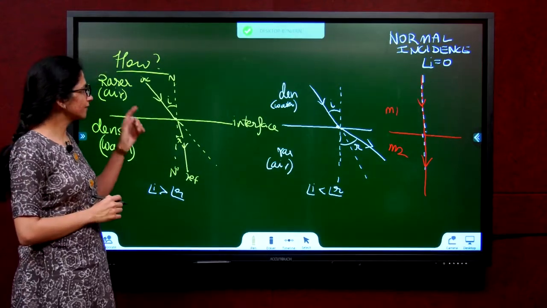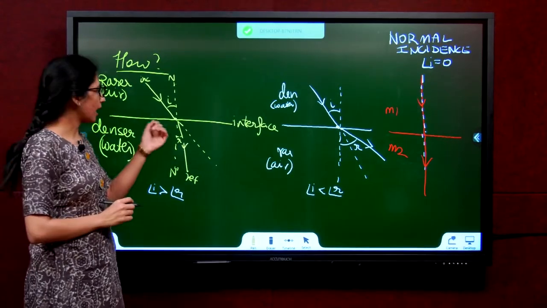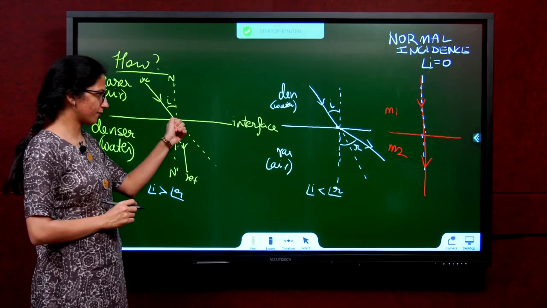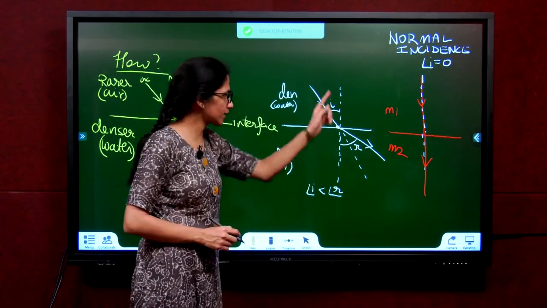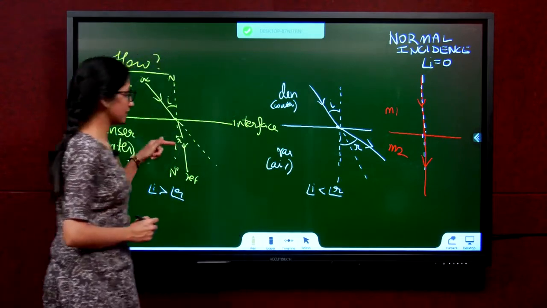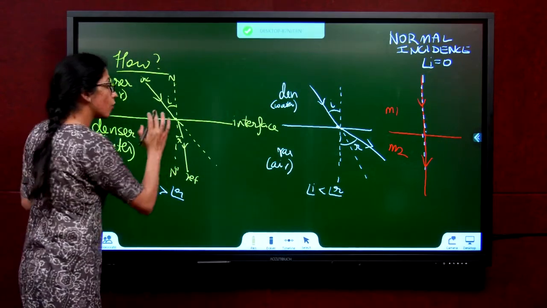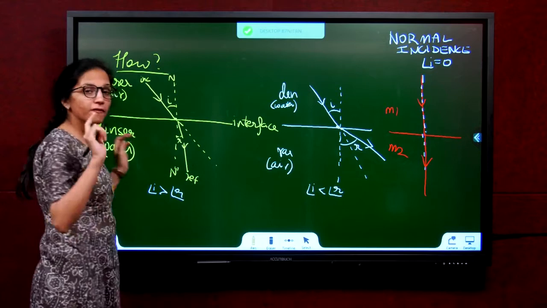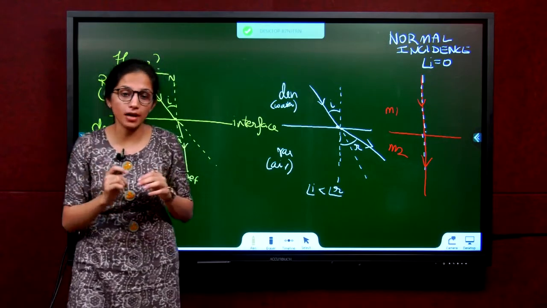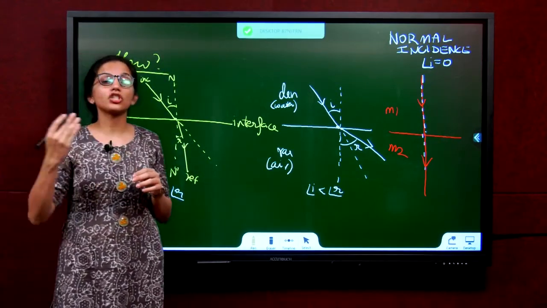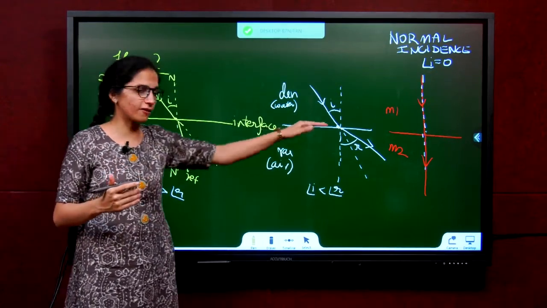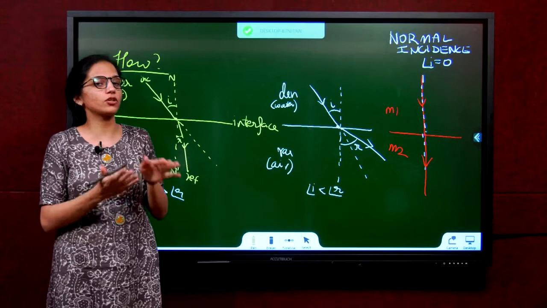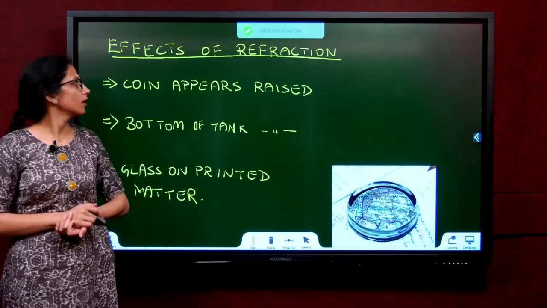You need to observe that refraction, the bending, occurs only at one point, at the surface. Does it occur inside the water? No. Does it occur in the air? No. Only at the surface. So therefore, refraction is a surface phenomenon. They can ask you, refraction is a dash phenomenon. Answer is surface phenomenon. That means it occurs at the surface or at the interface of the two mediums.